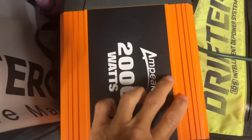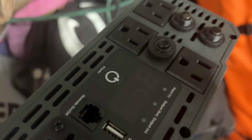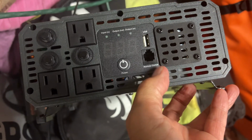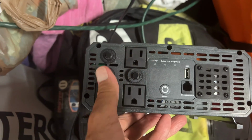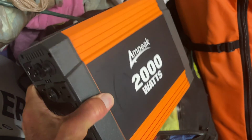This is it right here. It's called an Ampeg, and over here, see, I just plug it in. Once I've got it hooked up to the car, bam, I've got all these different little things I can use. It's got remote on and off, USB, and I've got 3 different little things I can plug in there. And so this will save you. If you've got a car, you fill it up with gas, hook this up to the battery, bam, Bob's your